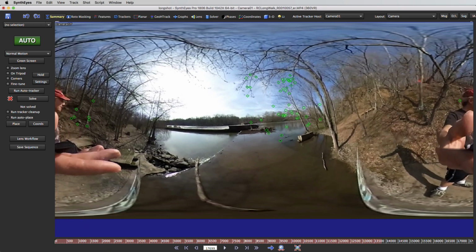Now, after an automatic track, some manual cleanup work is necessary so that you don't have bad trackers in there that can wreck the solve and cause the solve to go awry. Now, one way to find those is the Find Erratic Trackers tool, but for 360 VR, that generally isn't too helpful because the 360 VR cameras typically have rolling shutter in each of the different fields, so the shots aren't really all that super stable to start with. So we're going to just go and work on one spot in this shot that